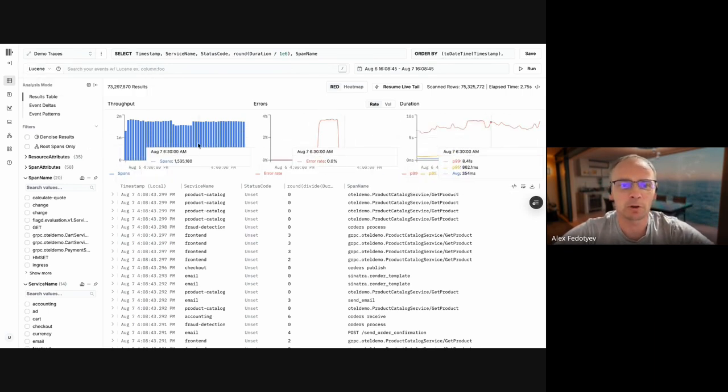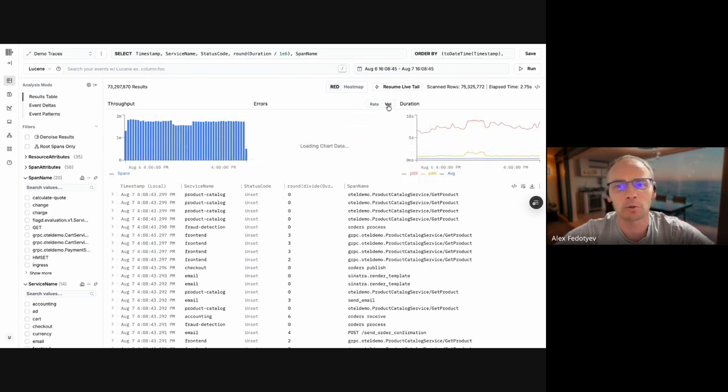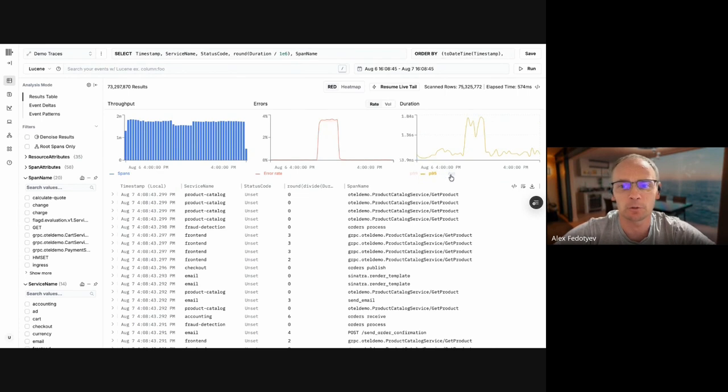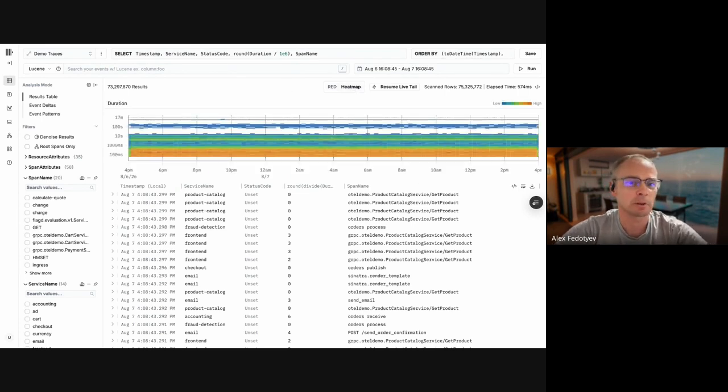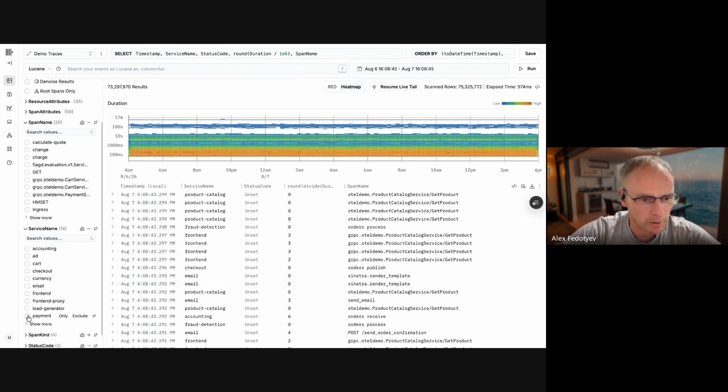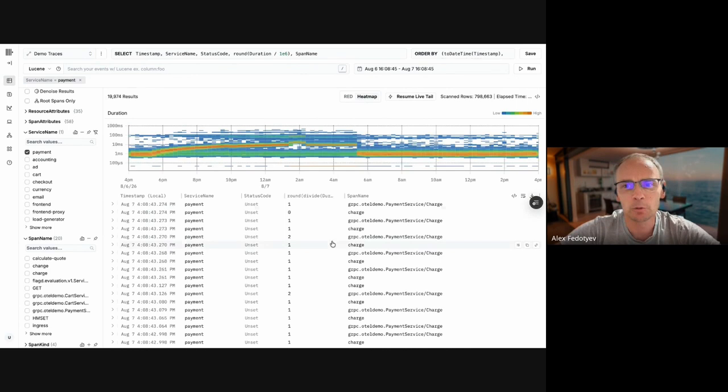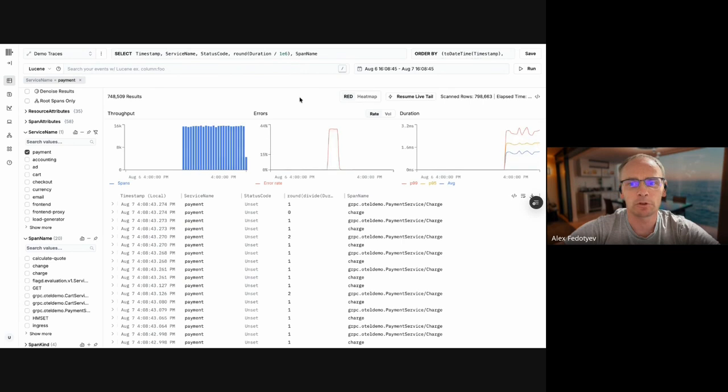But showing throughput and error rate or volume, duration, various percentiles or average, as well as potentially a heat map as an option. Like here, I would see there's a heat map, which I'm using demo data, so that'll be the payment service, I think, which is having a fun time. You can see the duration was crawling up, and the same thing you would see in your